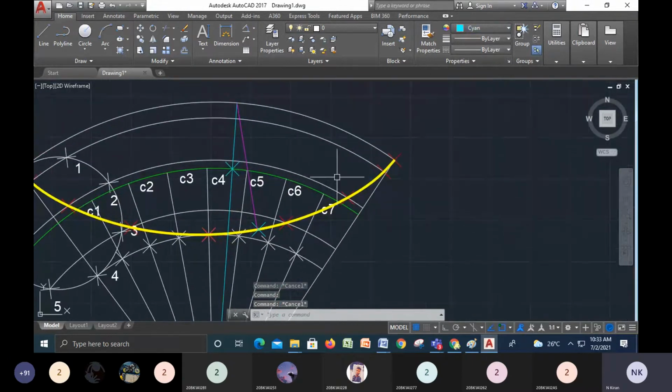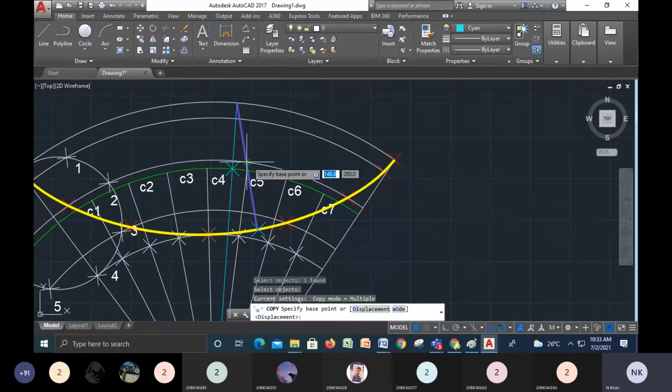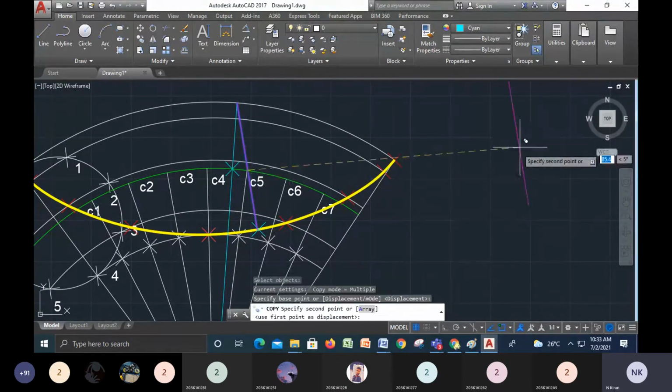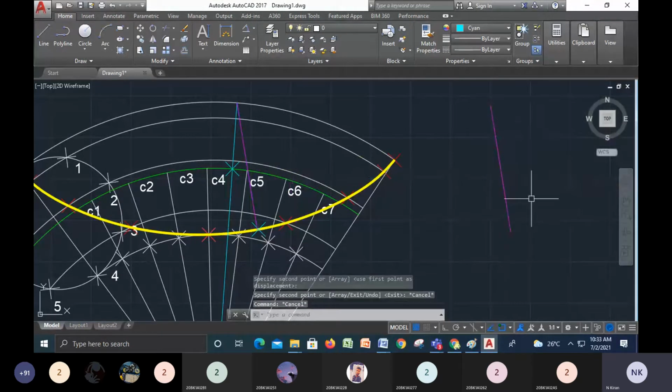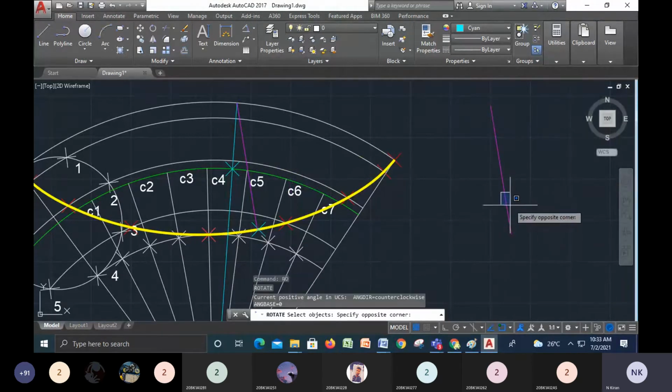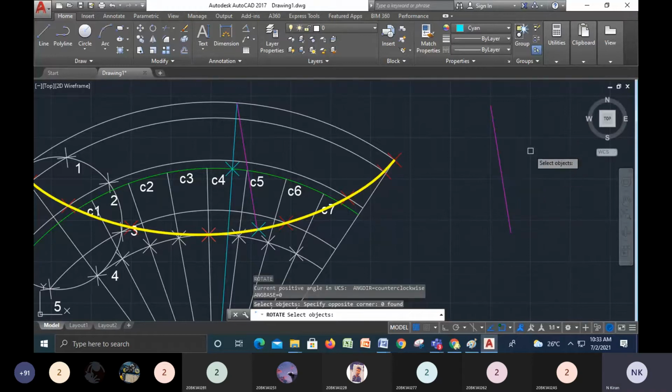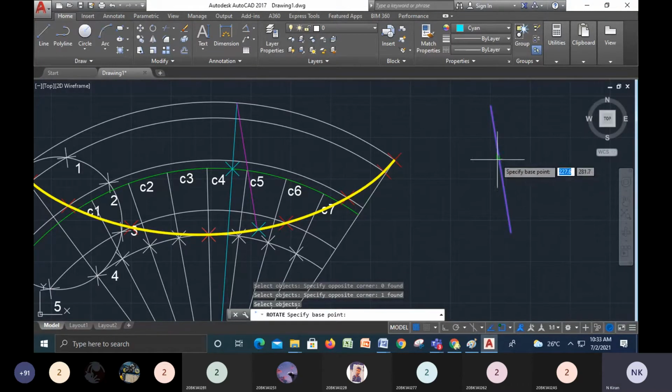Now I will copy this line, CO enter, somewhere here, enter, at the midpoint. I will copy here and RO enter, select the object. Okay, enter, it will select the base point.